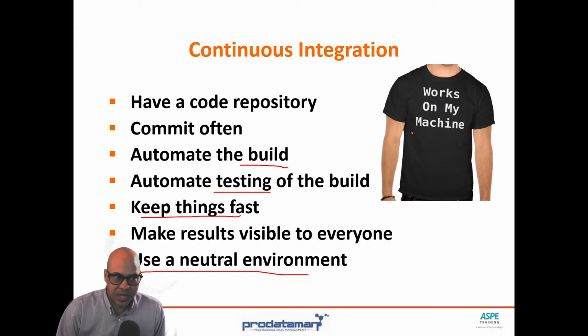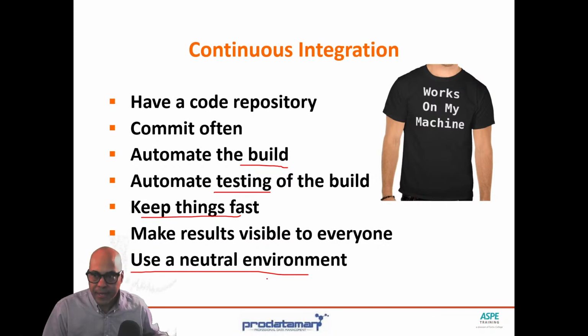This is why there's these couple of references to test it in a neutral environment, go to a different machine. There's all these references to doing it someplace other than the development machine. But if we've got continuous integration set up properly, most likely the build is happening and the tests are happening on some machine other than the machine that the developer did the work on. All right.